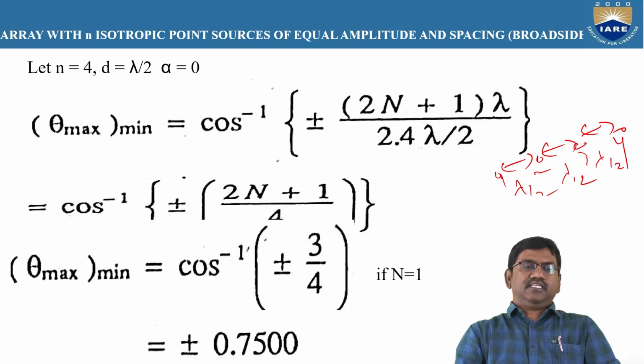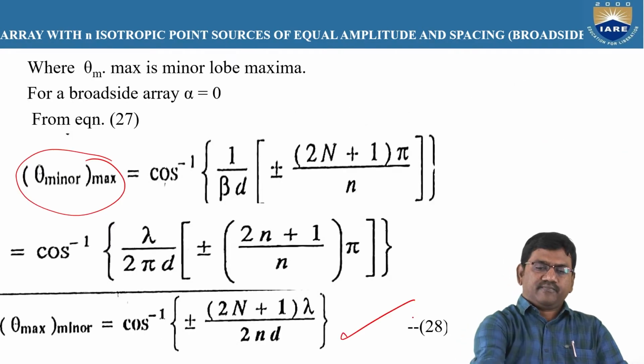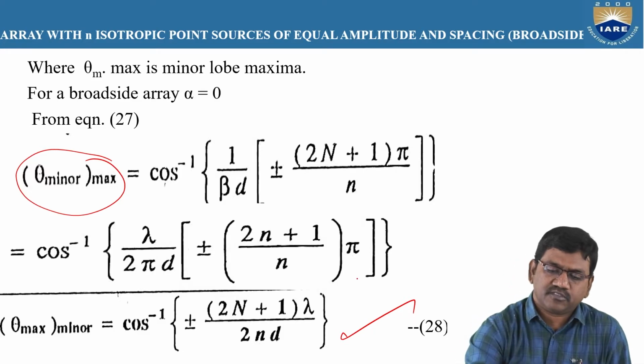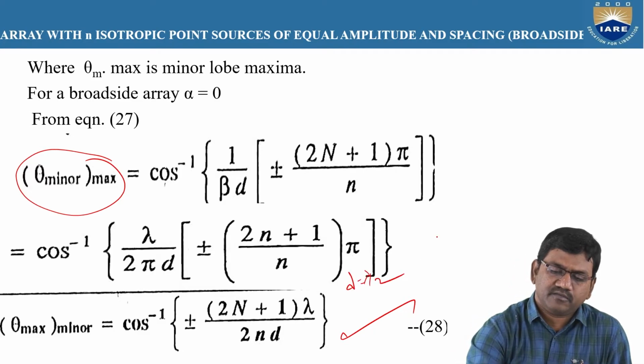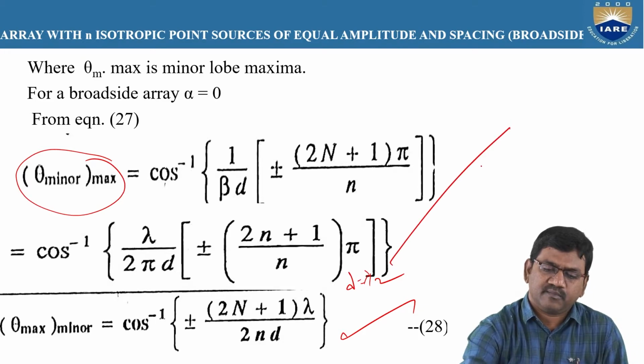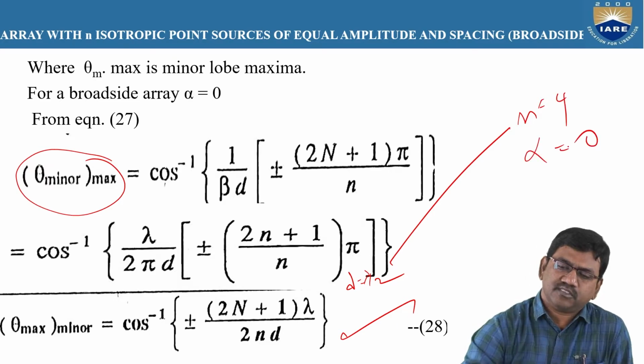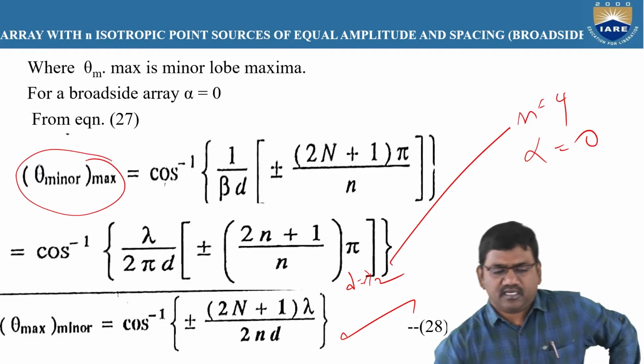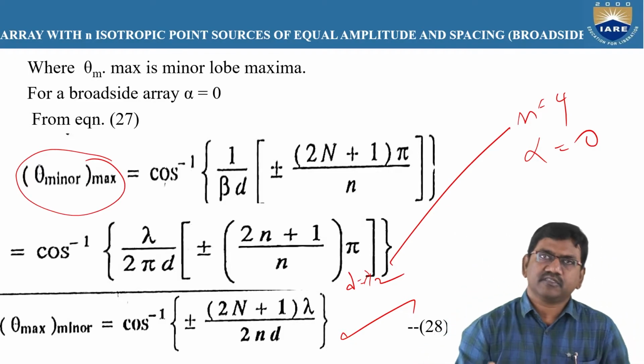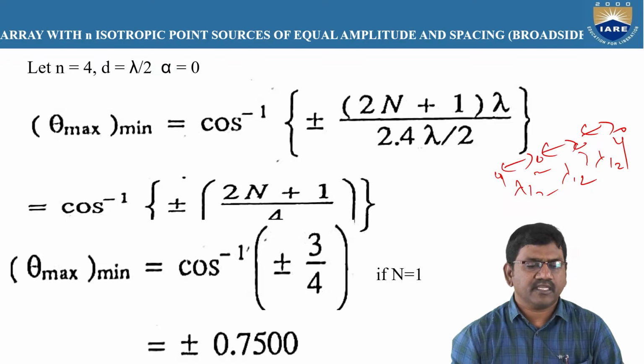So under these conditions, let us determine the major lobe maxima, which we can find as cos inverse of plus or minus c here. You can substitute this formula: you substitute d is equal to lambda by 2, and n is equal to 4, and alpha is equal to 0. Substitute these in equation 28 or equation 27, and you can find the minor lobe and major lobe